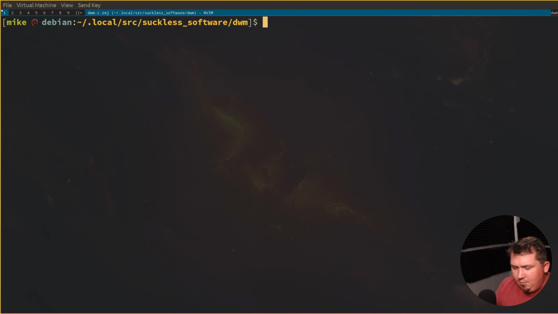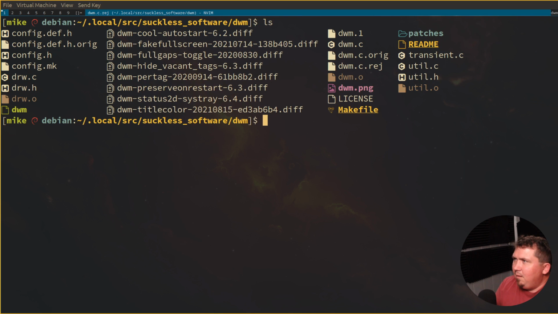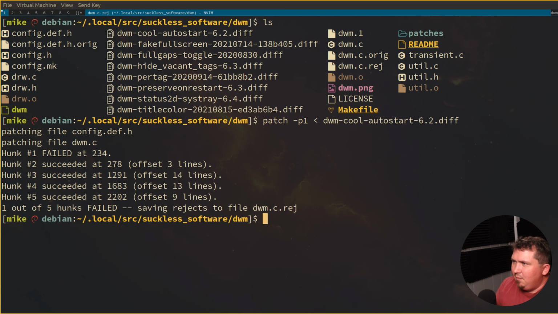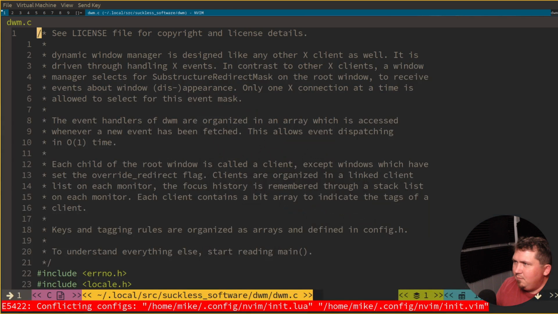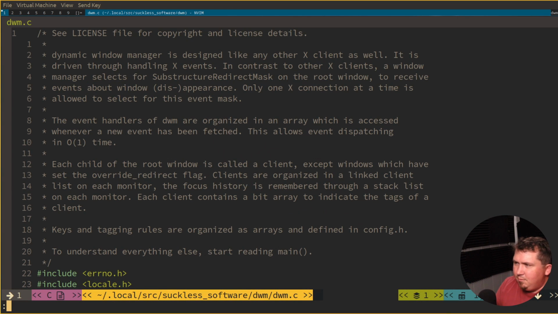Clear the screen, Alt-Shift-Q. Let's patch in cool autostart. So if we patch -p1 dwm-cool-autostart. See, we had one hunk fail out of the 5. Okay, so not a big deal. So let's nvim dwm.c. And then let's open a split for